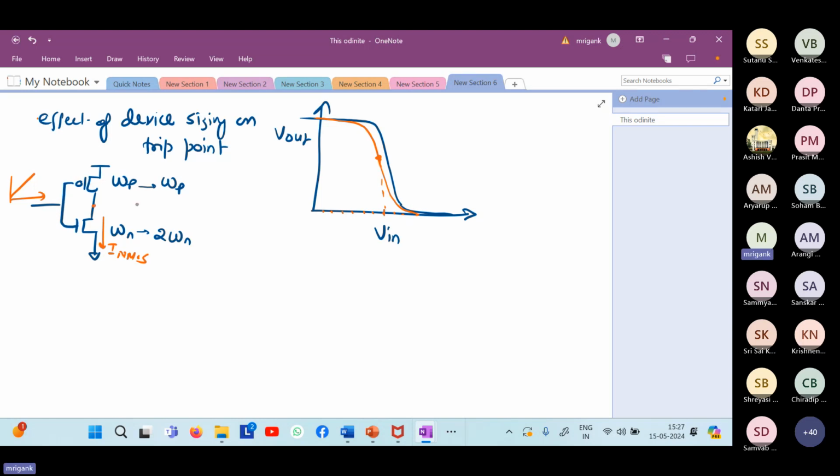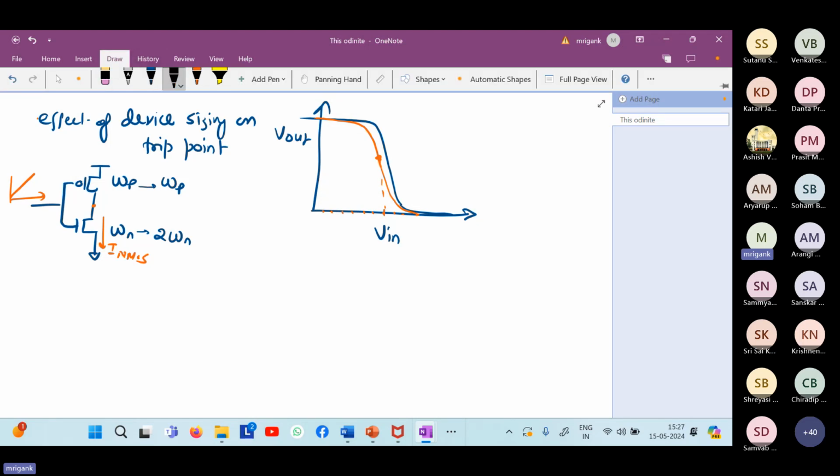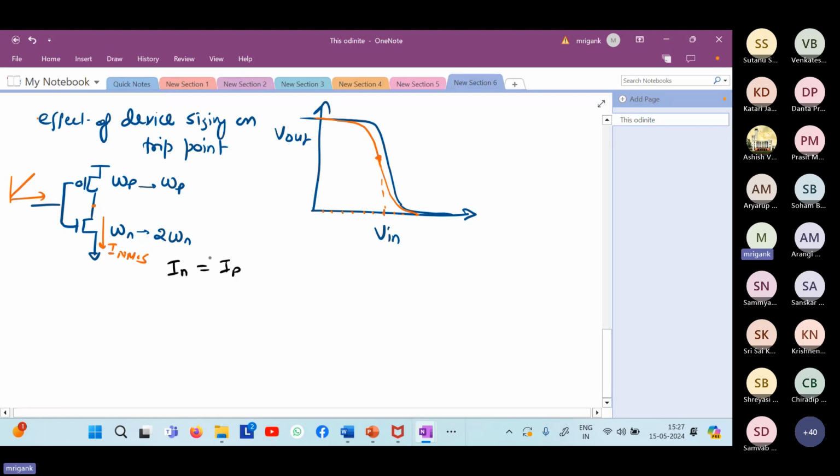And as a result, you are going to get an output voltage which is lower, because eventually in the static condition, both the NMOS and PMOS currents are going to be equal. If you look at the derivation, like in Rabaey, what kind of equation will you write to obtain the output voltage as a function of input? All you have to do is equate IN equal to IP, because in the static condition there is no other path for the current to flow. Because you're fixing the input DC, the output DC will settle at some point eventually. So the NMOS current and PMOS current must be equal for all the input points.